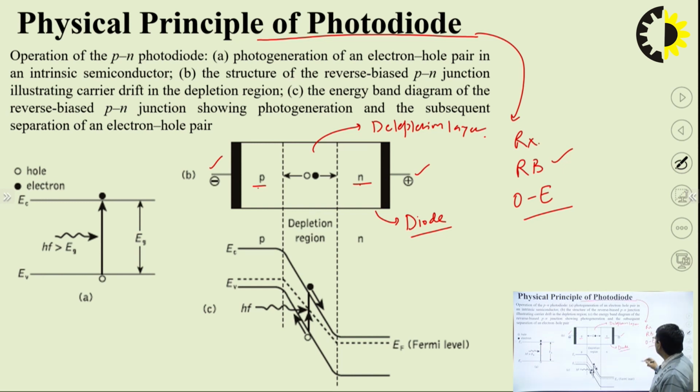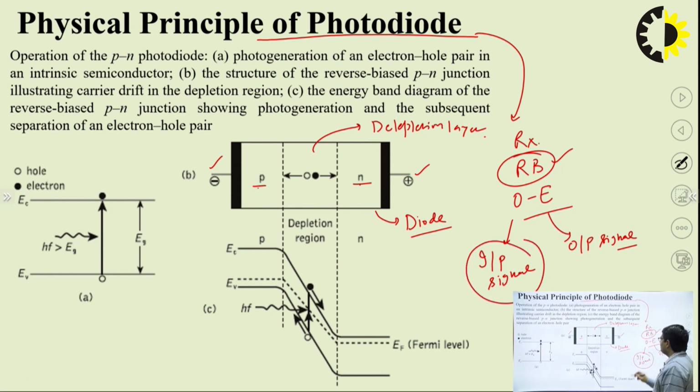Basically this photodetector is used for optical to electrical conversion. So optical is the input signal and the corresponding converted electrical signal is the output signal. The input optical power is incident over the depletion region. Okay, so whenever an optical signal having energy greater than the band gap